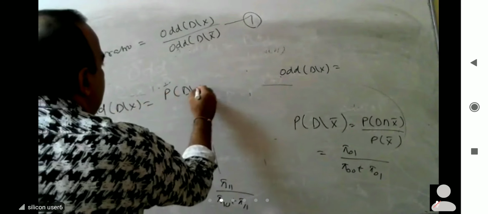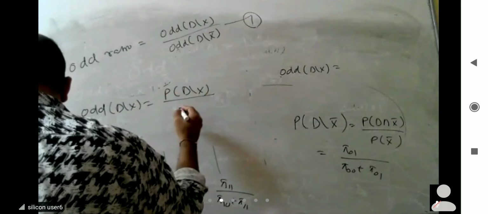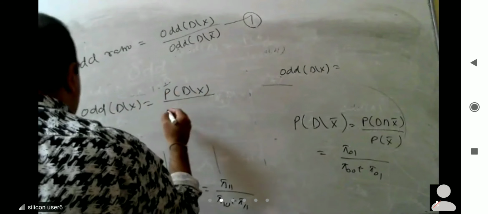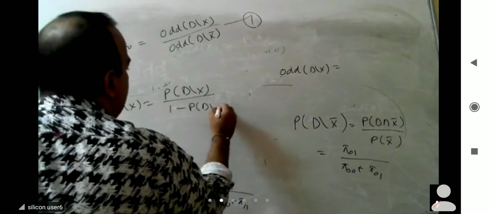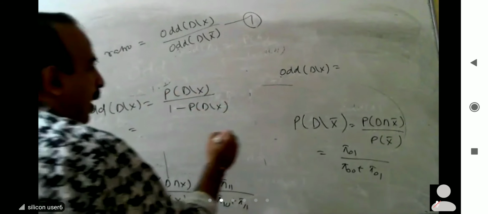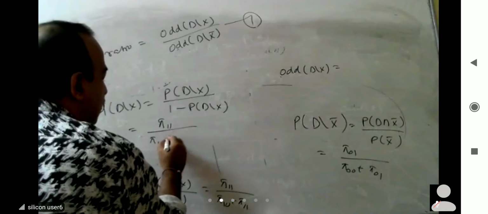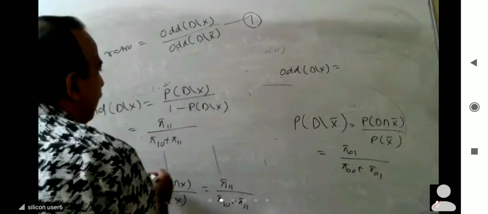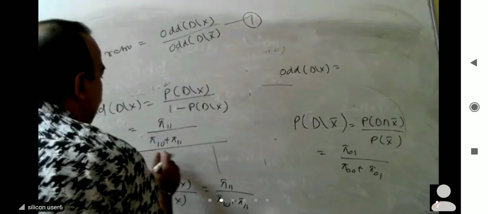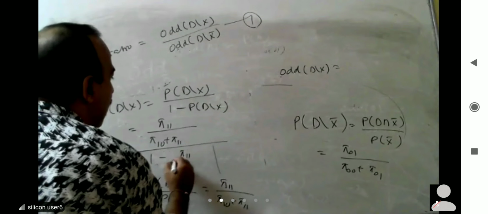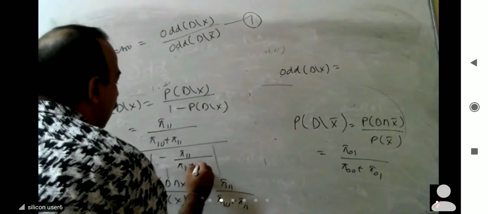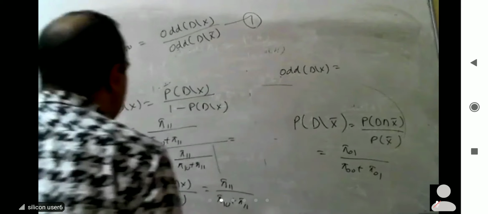Probability of D by X divided by 1 minus probability of D by X. What is the probability of D by X? Phi 1 1 divided by phi 1 0 plus phi 1 1, so it is phi 1 1 over phi 1 0 plus phi 1 1 divided by 1 minus phi 1 1 over phi 1 0 plus phi 1 1. If you solve these things,